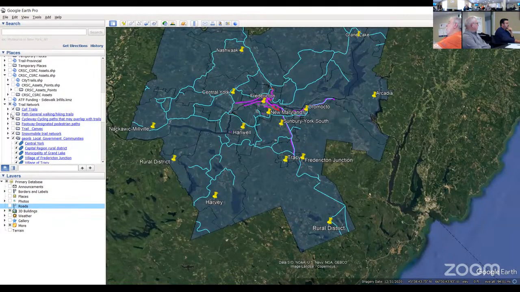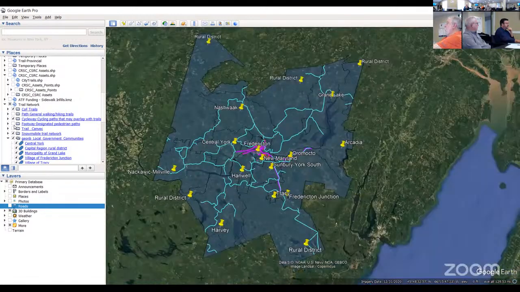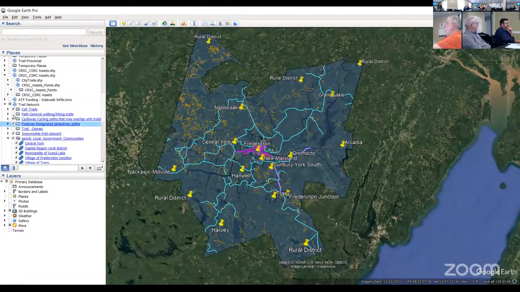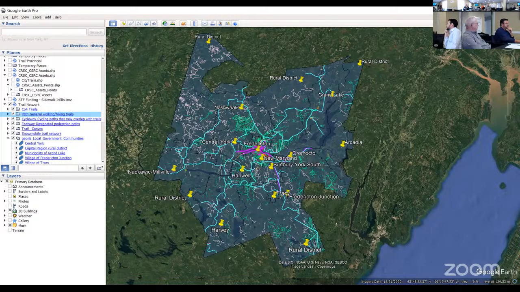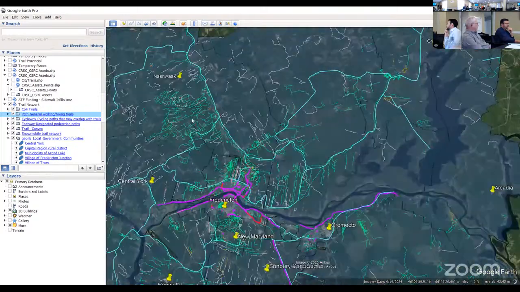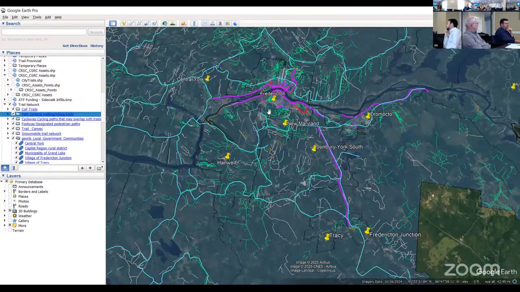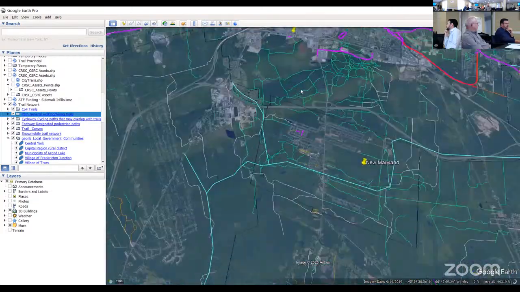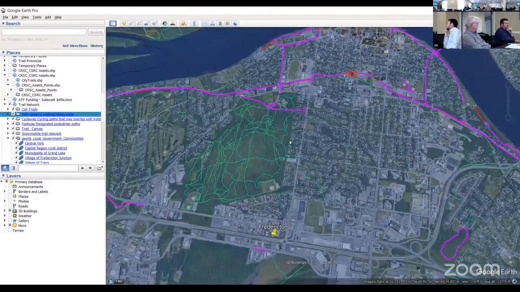Once we start adding the footpath and the other types of trails, it's going to become really busy. So you can see there's a lot of these paths. And if you zoom in on specific communities, let's say I'm most familiar with Fredericton, this would be Odell Park, for instance. All the paths within Odell Park.